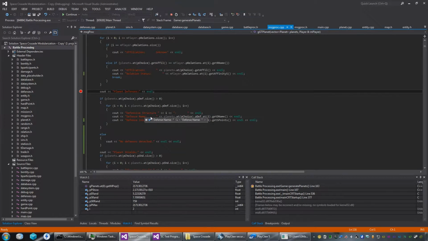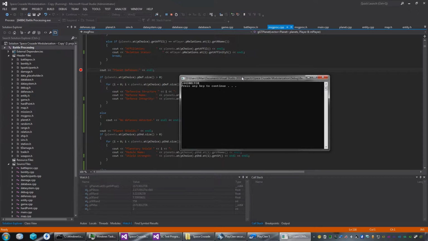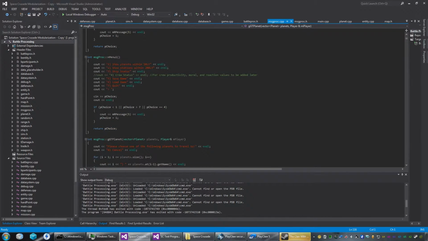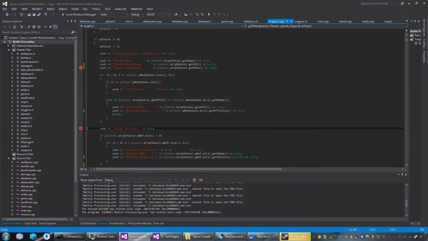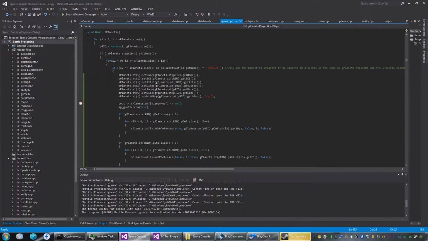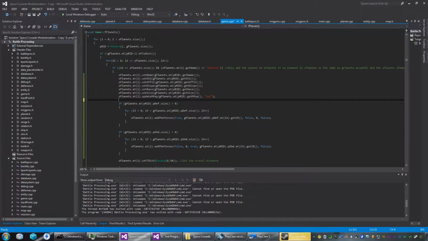Alright, so now we just hit F5 and we'll bring up this. So I'm going to go with option 1. That was something I had added in. Let's see. Let me fix that real quick. That was in game, I believe. NF Planets. Yeah. Alright, let's go ahead and